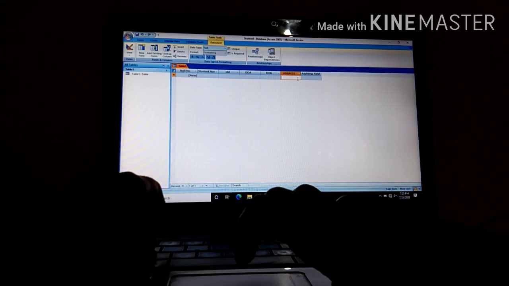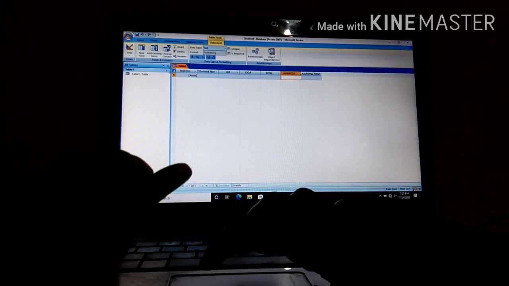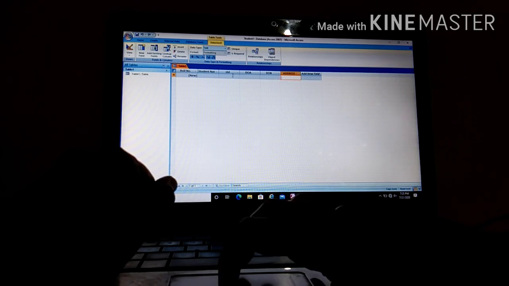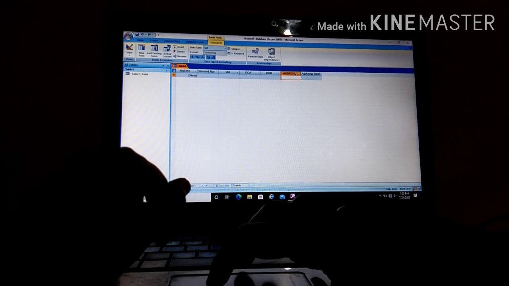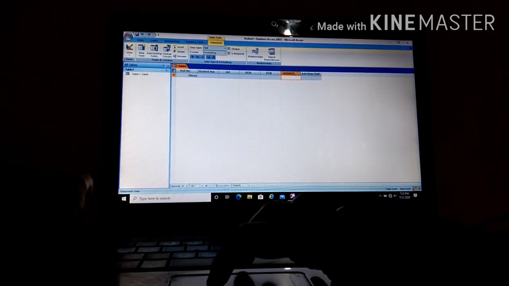Okay, now we have created the fields: name, roll number, student name, standard, date of admission, date of birth and address. Again, if you want to add fields into this, you can add. Otherwise, you can directly enter the record.